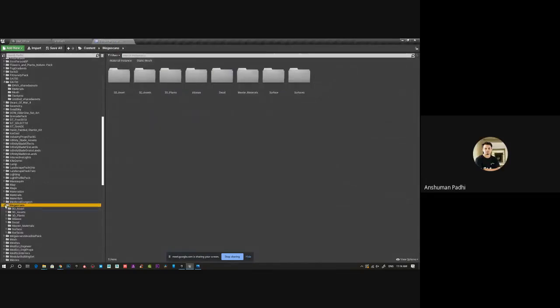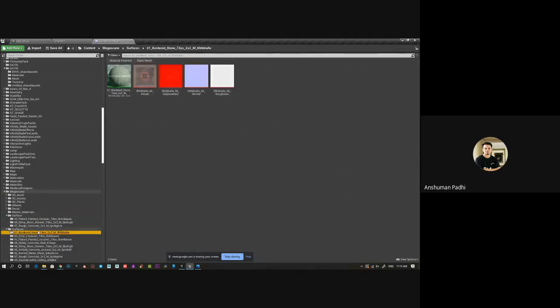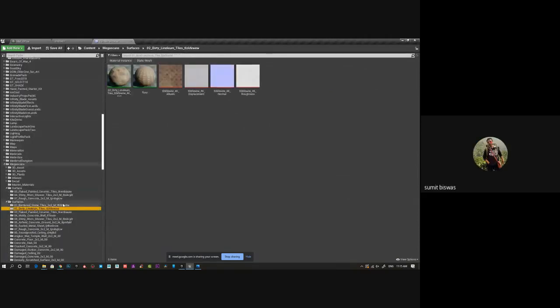So you mean changing from static and stationary to movable, then bake? Yes, change all the lights to movable, then bake it. Okay. Then it will save a lot of time, plus it will give you a nice result, and your lighting will be dynamic, so it gives you more control.